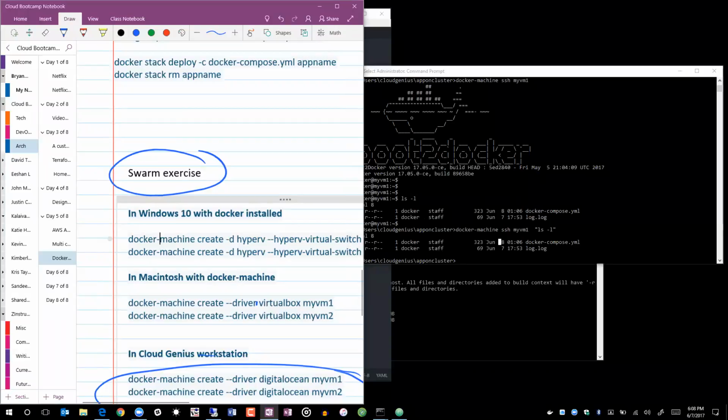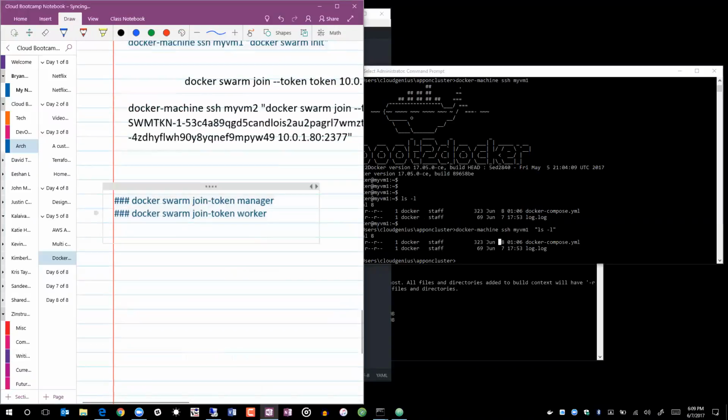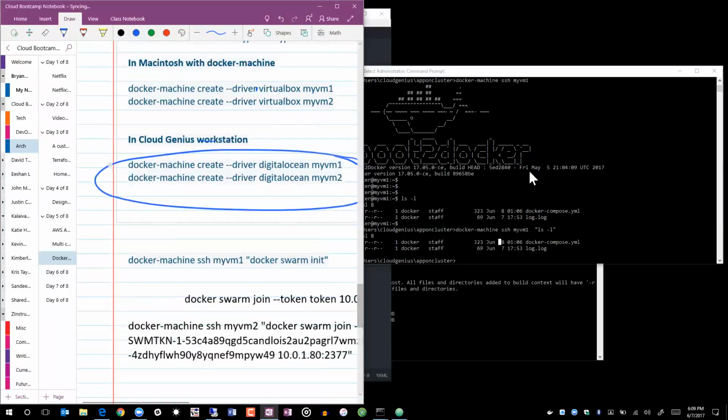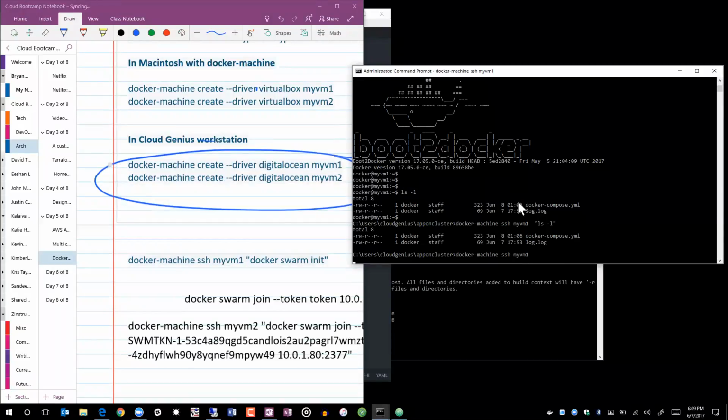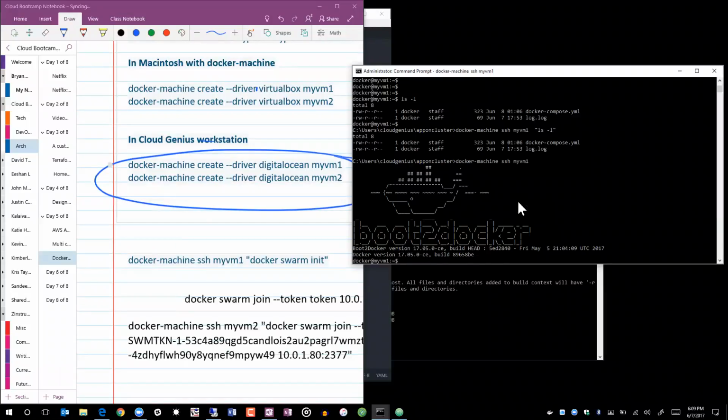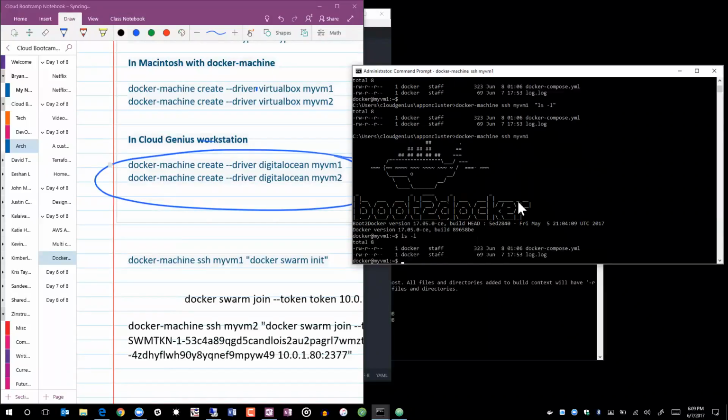Now, having done this step, what I want to be able to do is take that one box that I have, which is this one, virtual VM1. I want to make it run my stack. The stack that I have is this Docker Compose stack. I want to make it run that thing. So if I just say docker stack deploy